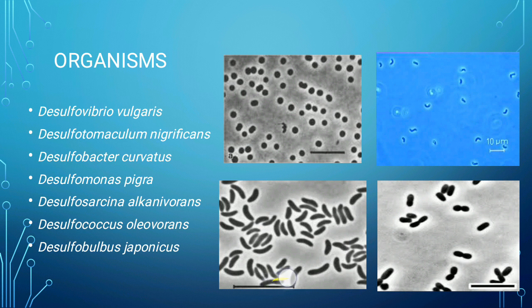So these are organisms which are usually gram negative, and they are capable of dissimilatory sulfate reduction. These organisms usually occur in marine sediments or in sewage sludge because they are all strict anaerobes. If you remember, in my first class, I had shown you the zonation of a water body or of the sediments.